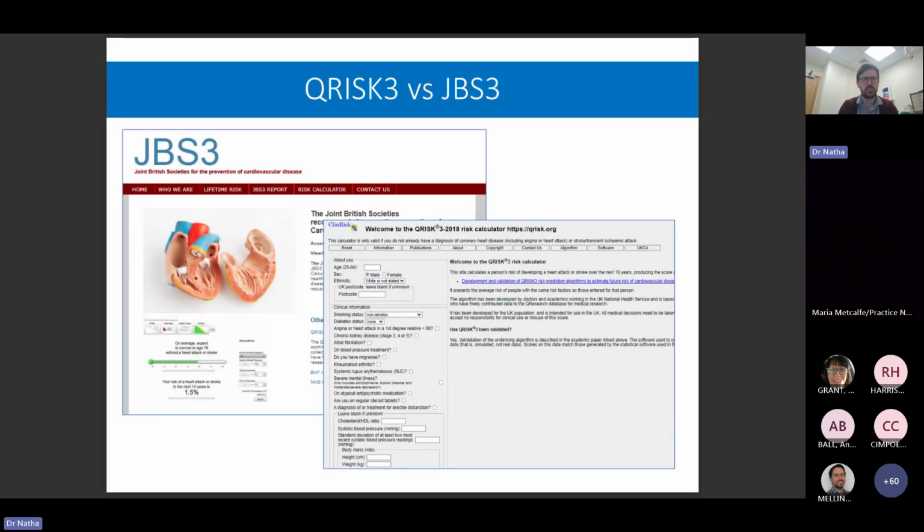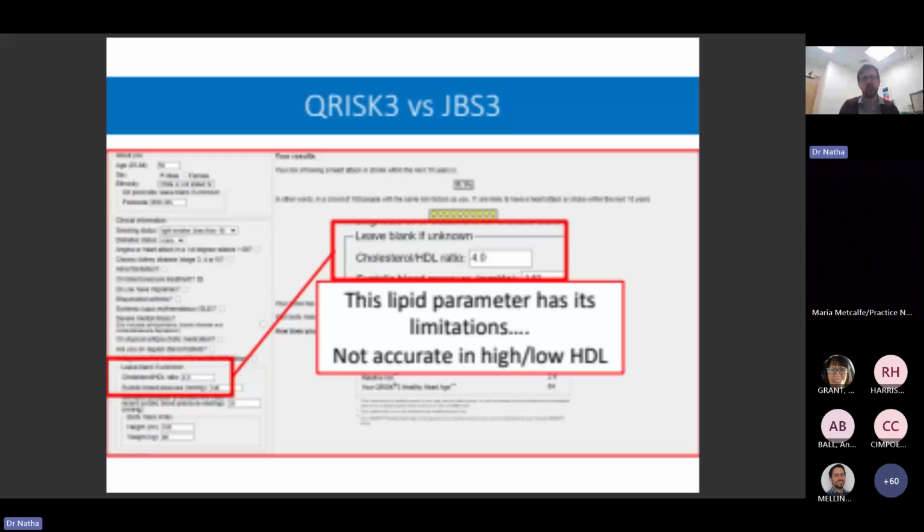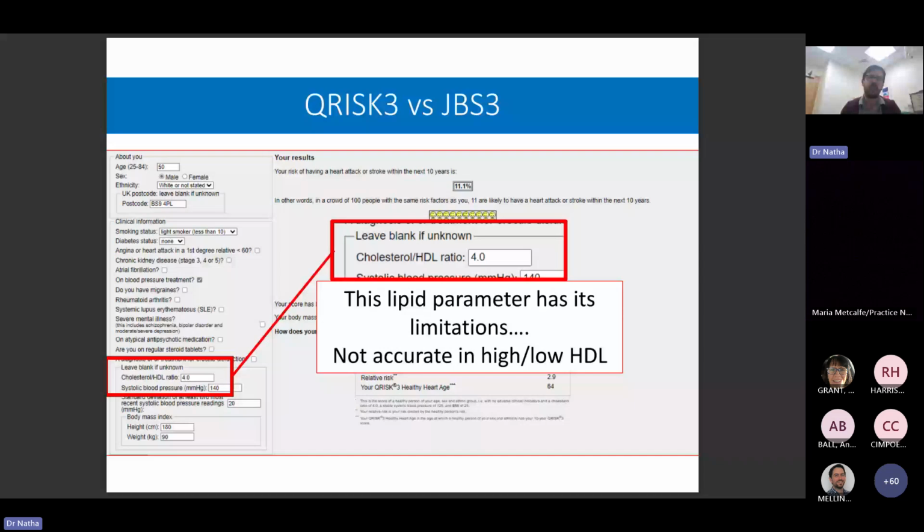QRISK3 and JBS3 are just two calculators that are trying to change that conversation from 10-year towards lifetime risk. But the nuance comes in part due to the failings of that risk calculation to begin with, and the fact that it uses this cholesterol to HDL ratio. That's a very outdated parameter now when it comes to clinical lipidology, whilst it's still being used within QRISK3